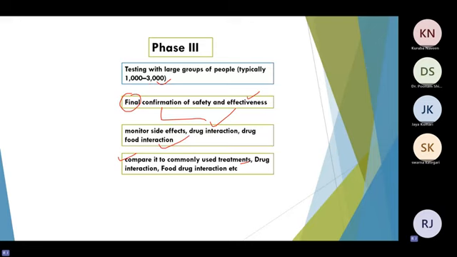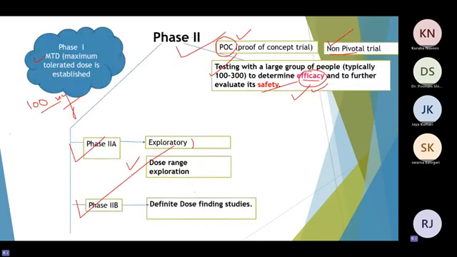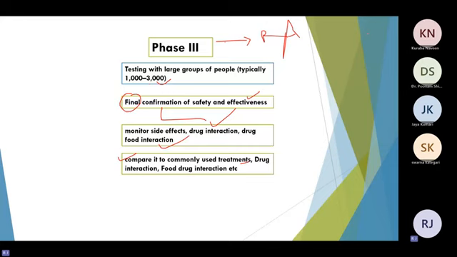Okay, and phase 3 data is submitted to the regulatory authority. Okay, and that's why this phase 3 trial is called pivotal trial. Phase 2 trial is called non-pivotal trial because data is not submitted to the regulatory authority for taking permission for the sell in the market. But phase 3 data is submitted to the regulatory authority seeking approval to sell the drug in the market. That's why phase 3 is called